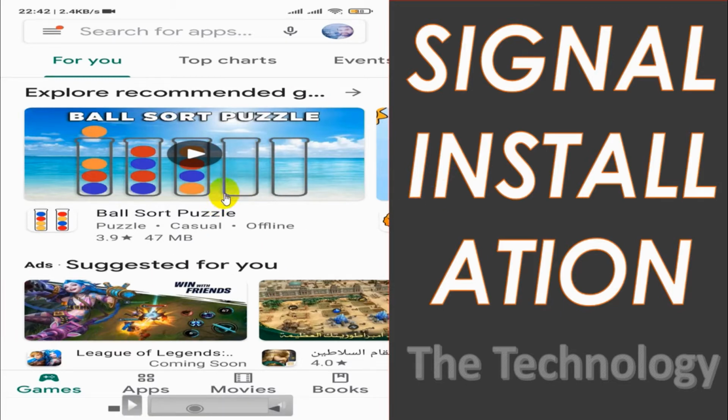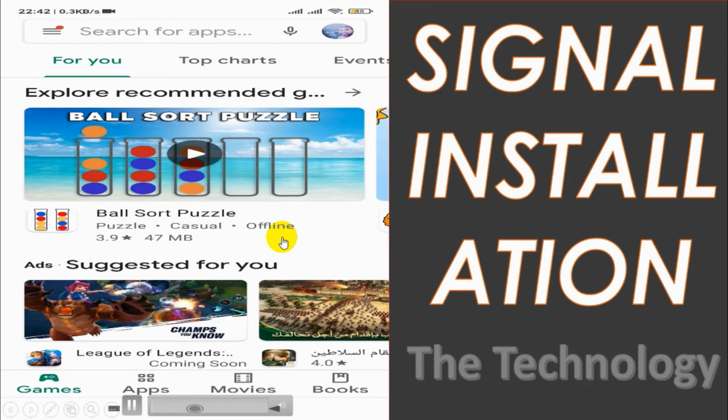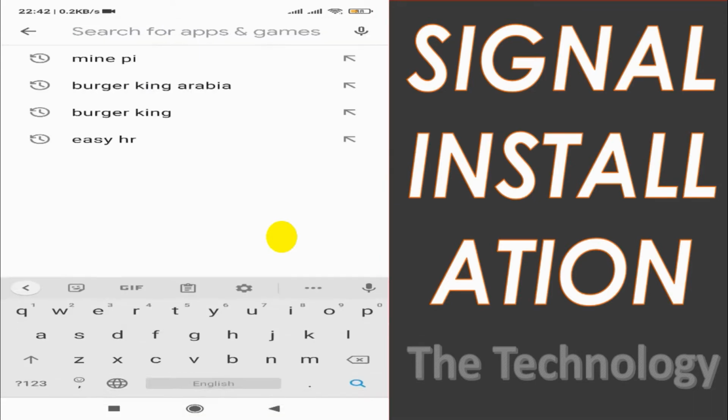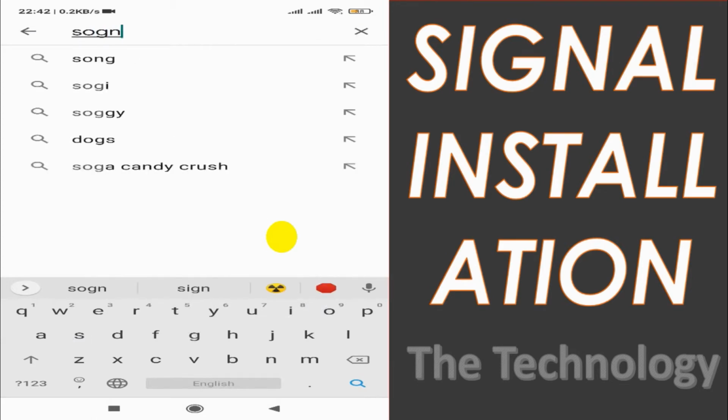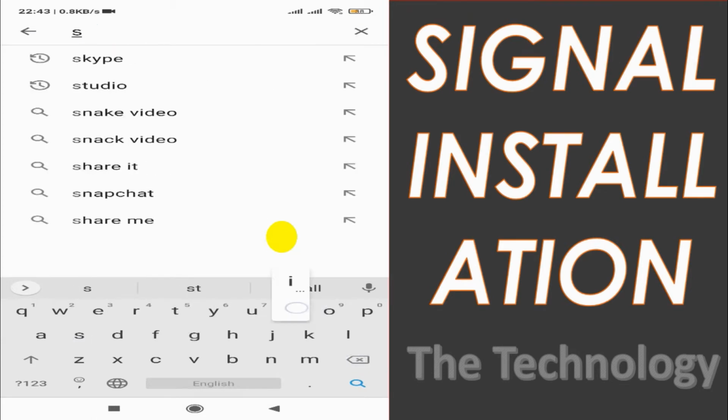I'm using an Android phone right now. You can download the application from your Play Store or App Store. Even if you are using an iPhone device, you can download Signal and install it on your mobile. So let's start. First of all, we will have to search for the Signal application in the Play Store. So I have already opened it, and I'm just gonna type Signal in the Play Store